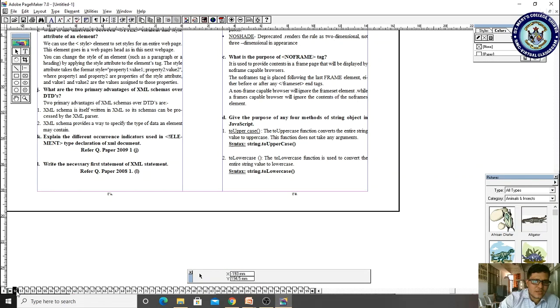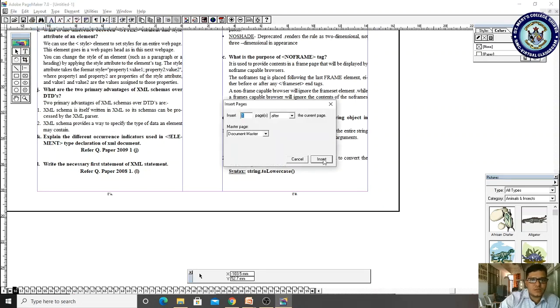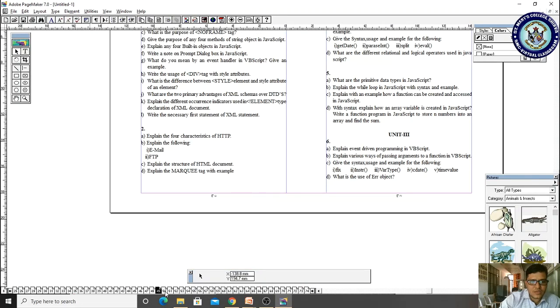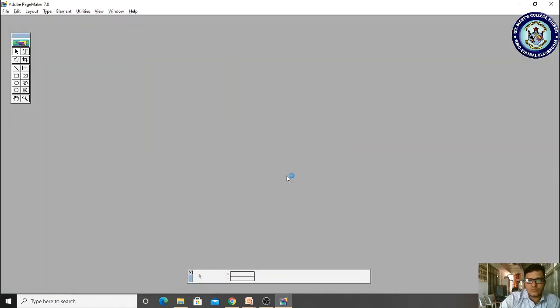Suppose I select 50 and, going through Layout, press Insert Pages with Before 50. Observe that the content is automatically adjusted. So these kinds of adding or removing pages are possible.